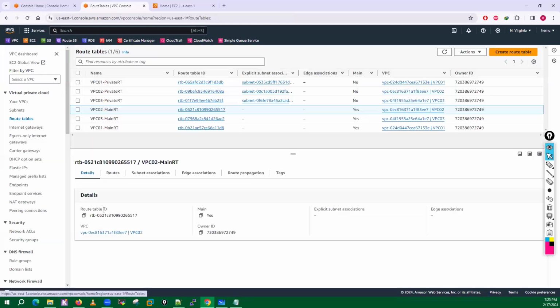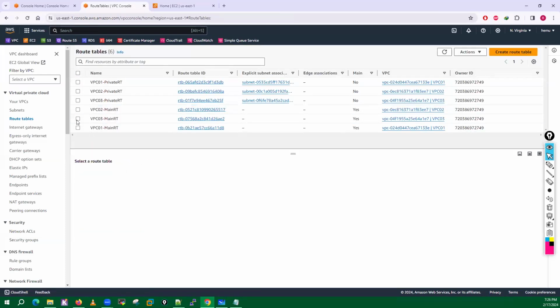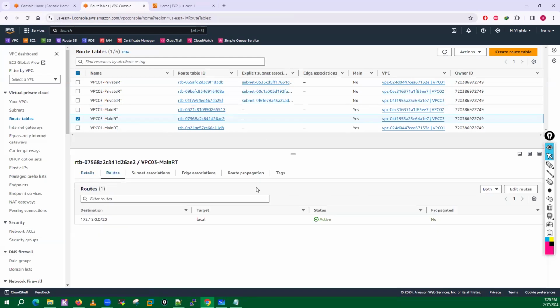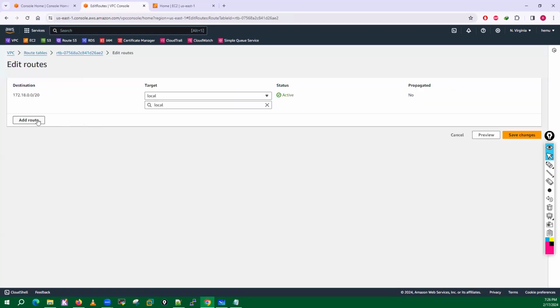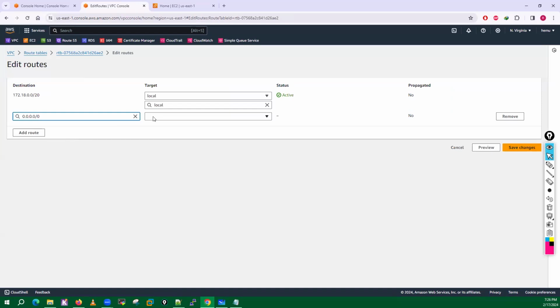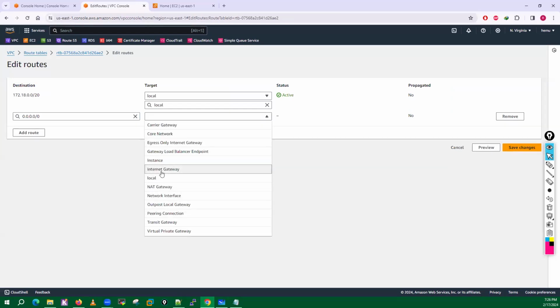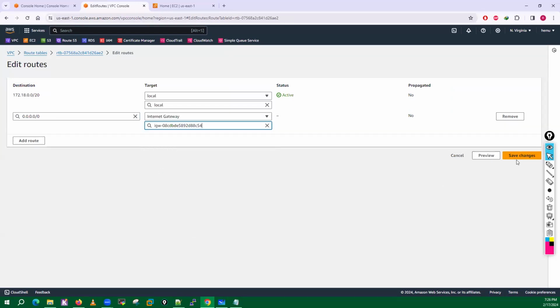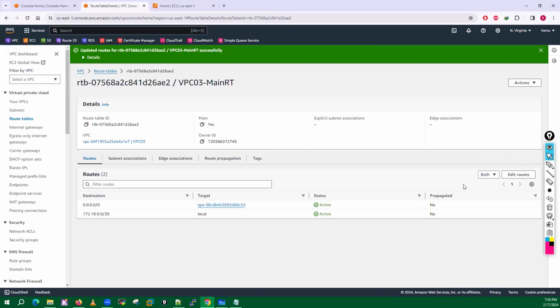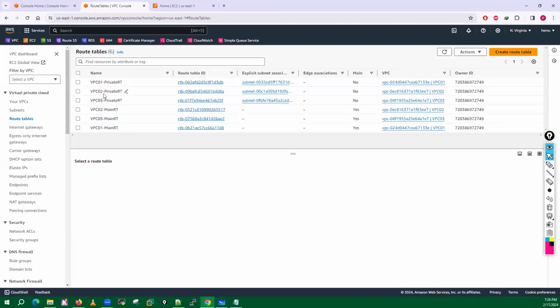Now I'll go into the VPC3 main route table and add the route here as well. Okay, you can see I have the routes, and I do have private subnets.